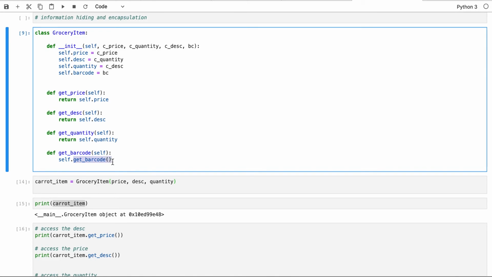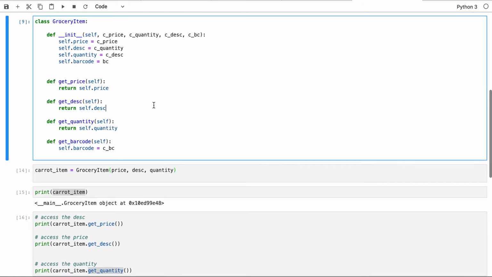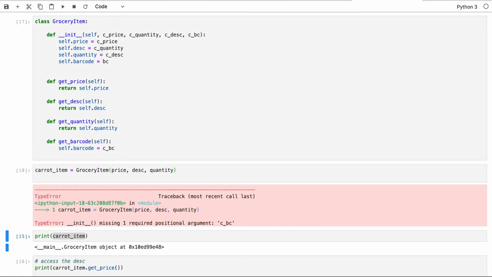No, I apologize. That would be barcode, not get barcode. And then I'm passing this guy, the current barcode, to the object's property, that is barcode. So the property of the barcode inside the object is set by the value that I'm passing from the constructor. So if I run this here,